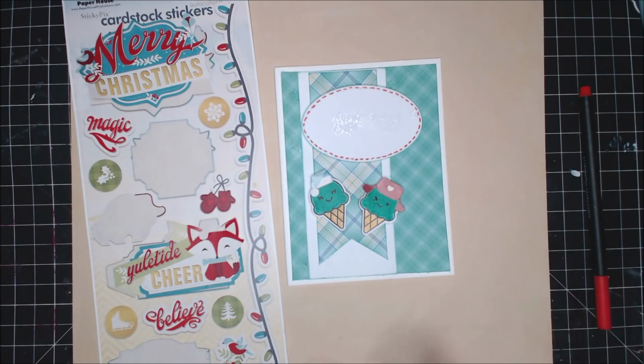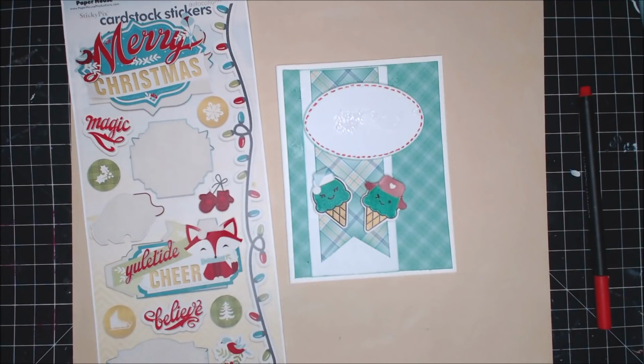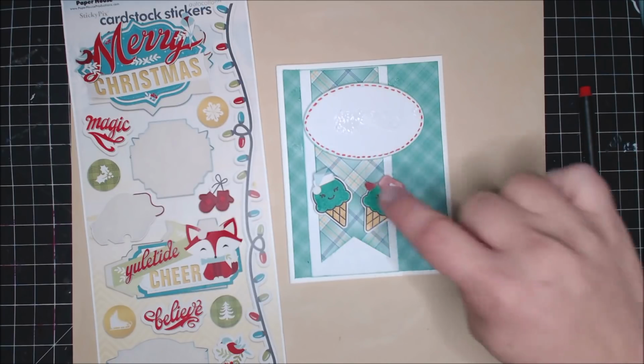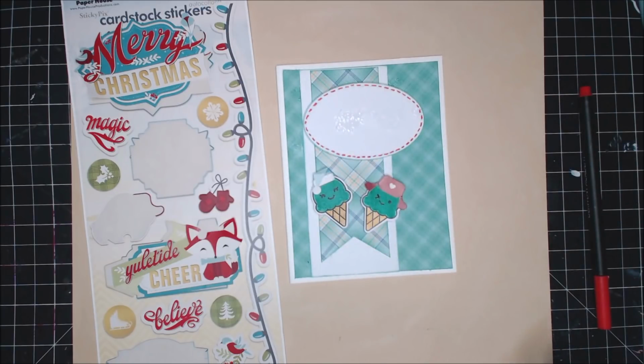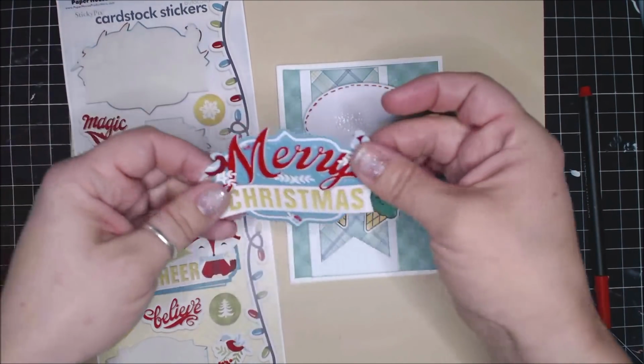All right, so I was really fighting with the way the card looked. The red on the hat, there was nothing else on there that was red besides a tiny little bit on that sticker. So I really wanted to pull in more red. I tried stitching the outline in red, and then I thought, you know, all the snowflakes that were on there just looked really, really busy. So I pulled everything off, left the oval, and I played with this sticker right here, and it just says